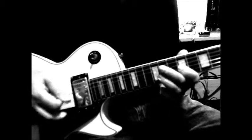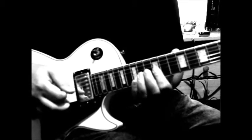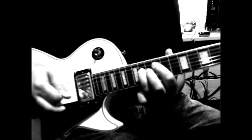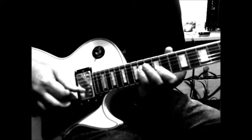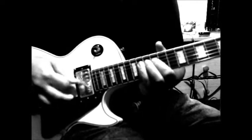You know, if you wanted to, but just kind of staying in the position. I just go on the G string, and then an E down on the D string. So it's like the 12th and 14th frets. So it's like a...